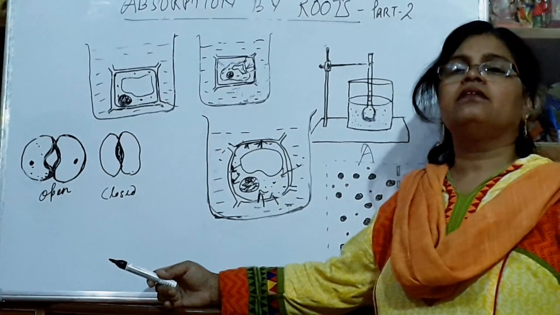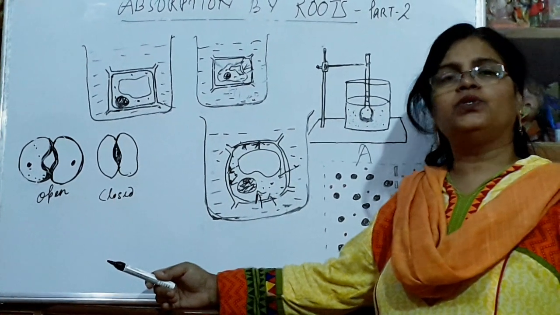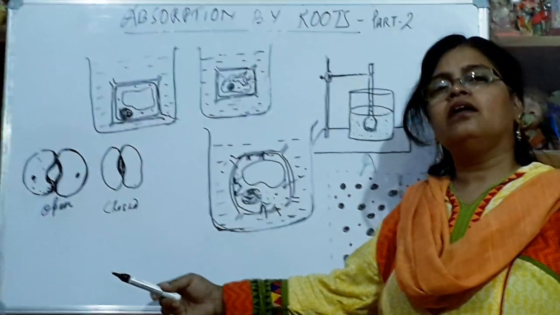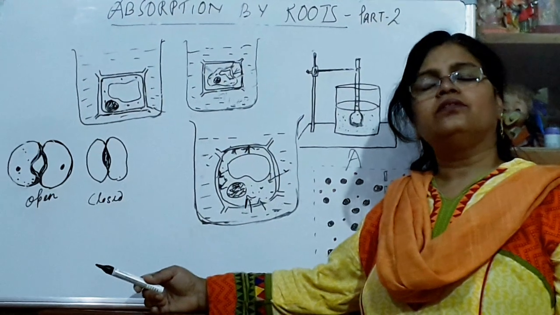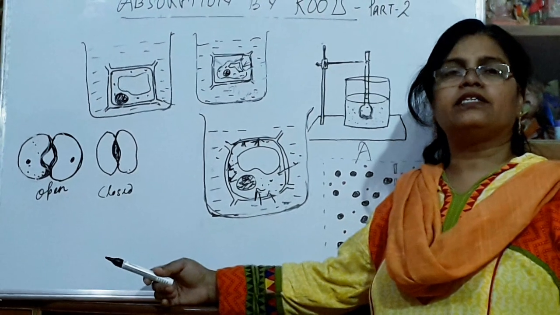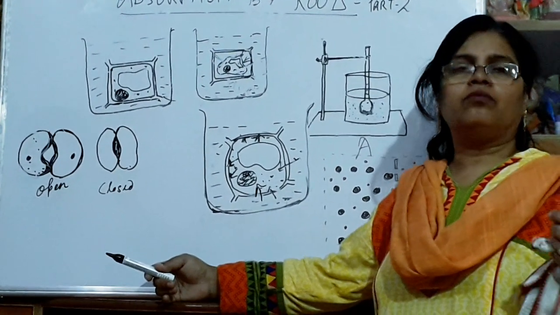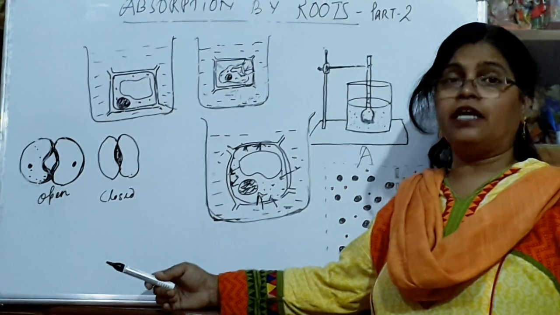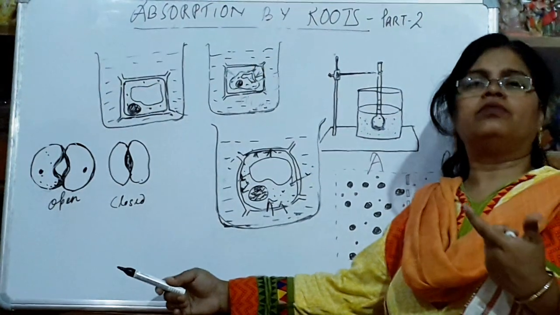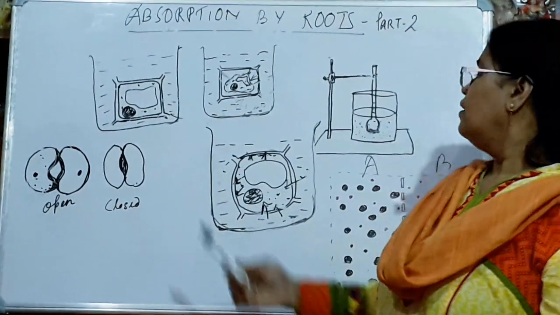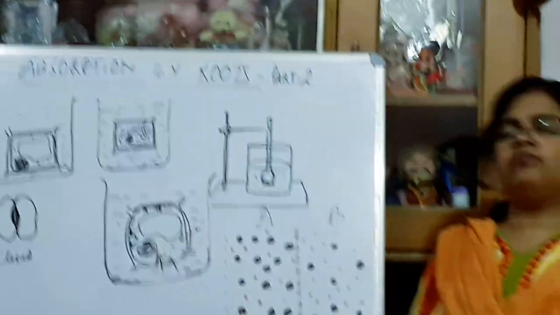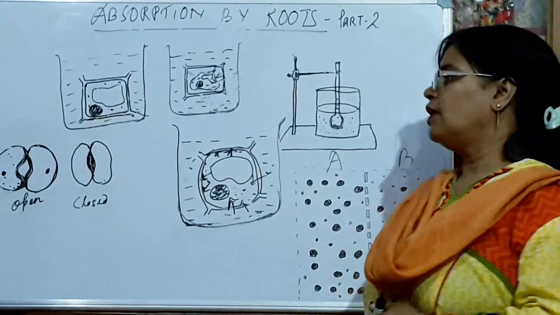In tiny plants, the root pressure is sufficient, and due to it the water is sent through the xylem vessels to the leaves, and at the margin of the leaves, at the extremities of the veins and venules, the water droplets are released. It is called guttation, and it is mostly seen in the early morning on the lower surface of the leaf. Now, this is germination. Germination is also helped by turgor pressure.